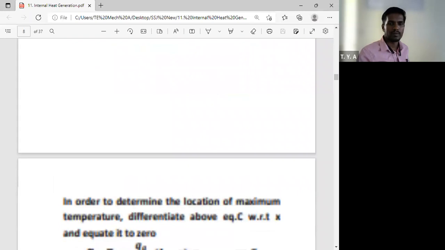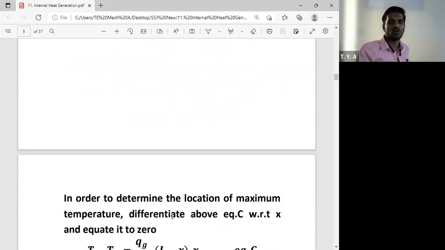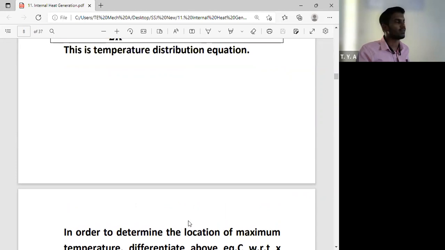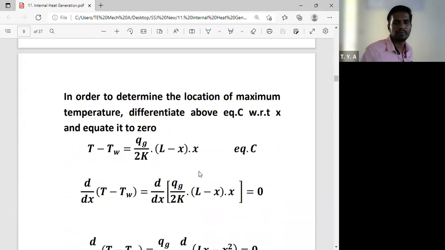Okay, so next we have to calculate, in order to determine the location of maximum temperature, काय करावं लागेल सांगा. आपल्याला काय करायचं आहे, ही जी प्लेन वॉल आहे त्याच्यामध्ये मॅक्झिमम टेम्परेचर कुठे असेल हे फाइंड आउट करायचं आहे. आपण काय कन्सिडर केलेलं आहे, Qg amount of heat is generated within that element. Okay, so for this condition कुठल्या लोकेशनला मॅक्झिमम टेम्परेचर असणार आहे हे आपल्याला फाइंड आउट करायचं आहे. So how to find out that value? डिफरन्शिएशन घ्यायचं आणि काय करायचं, इक्वेट टू 0.